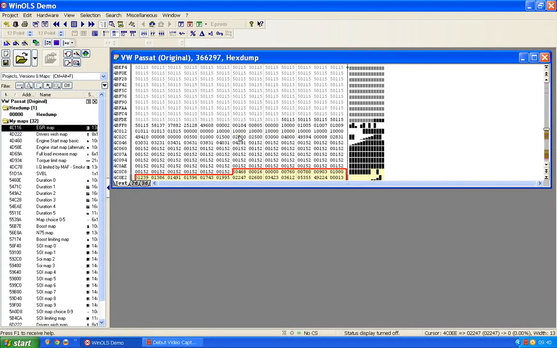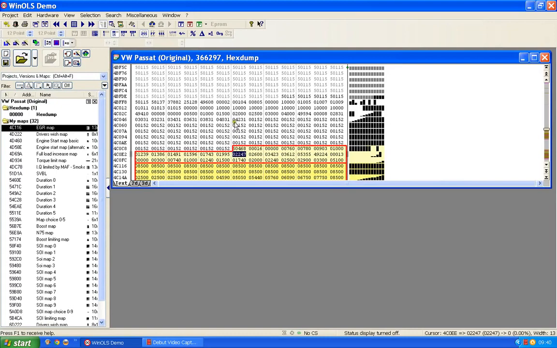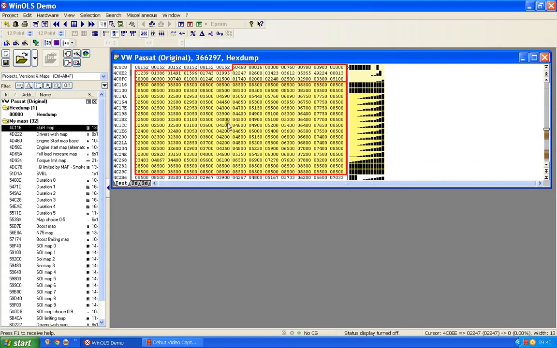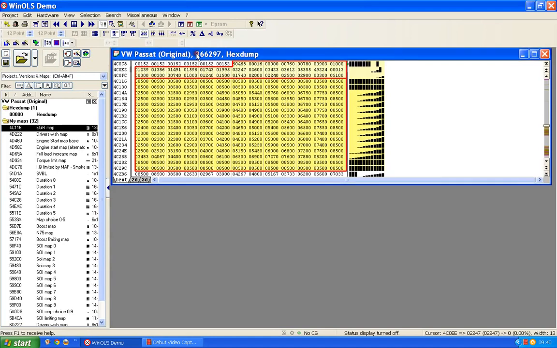Okay, in this video what I'm going to show you is how VW or VAG made changes to their own files, rather than how you should make changes or what changes you should make. I'm going to have a look at what they did. So I'm going to stick with this original Passat PD TDI 130 EDC 15,